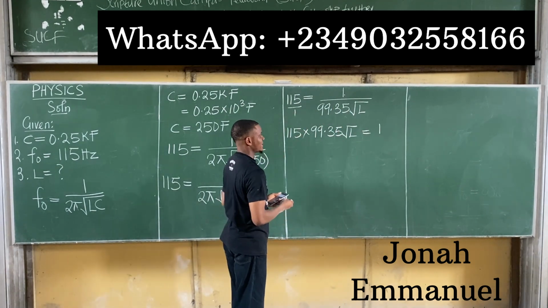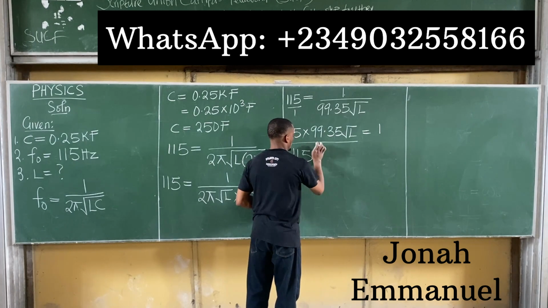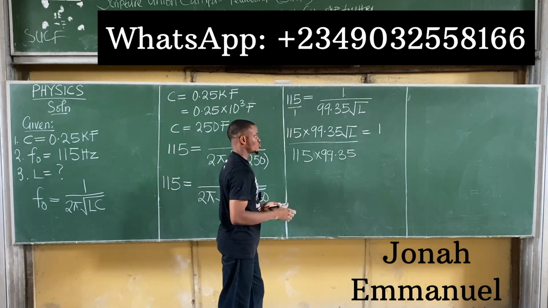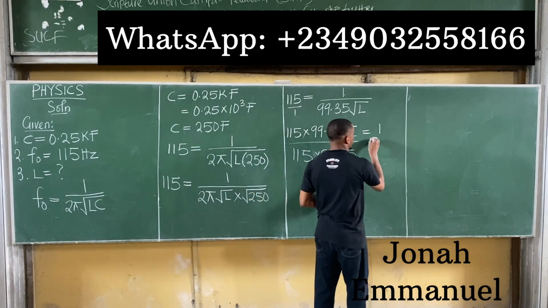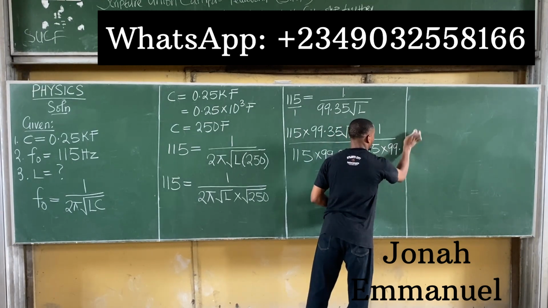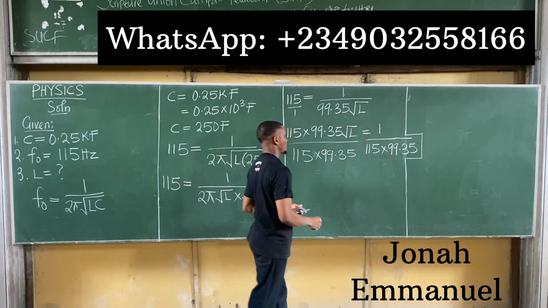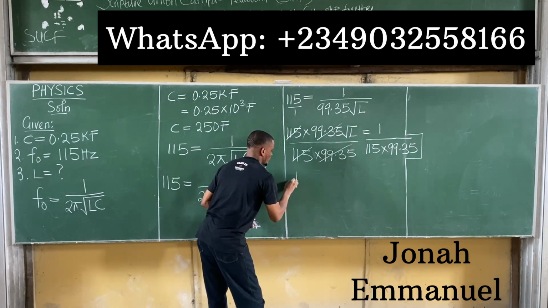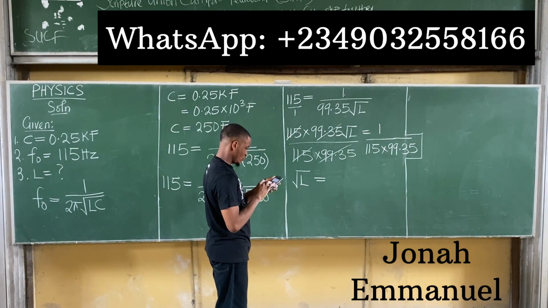All right, to get L, first of all, divide here by 115 times 99.35, or you could still choose to multiply these two first, get your value before dividing. You have the same answer. So divided by 115 times 99.35. You have this. All right. So from here, this cancels this. So you now have that root L is equal to 1 all over